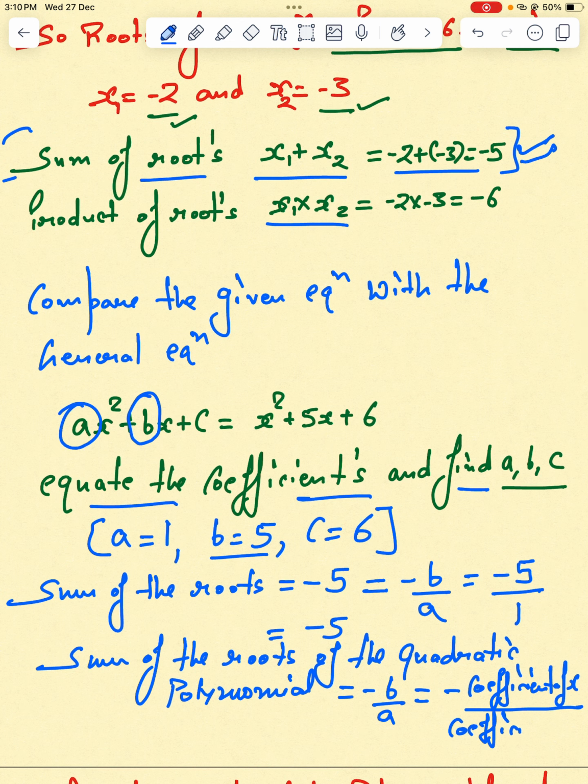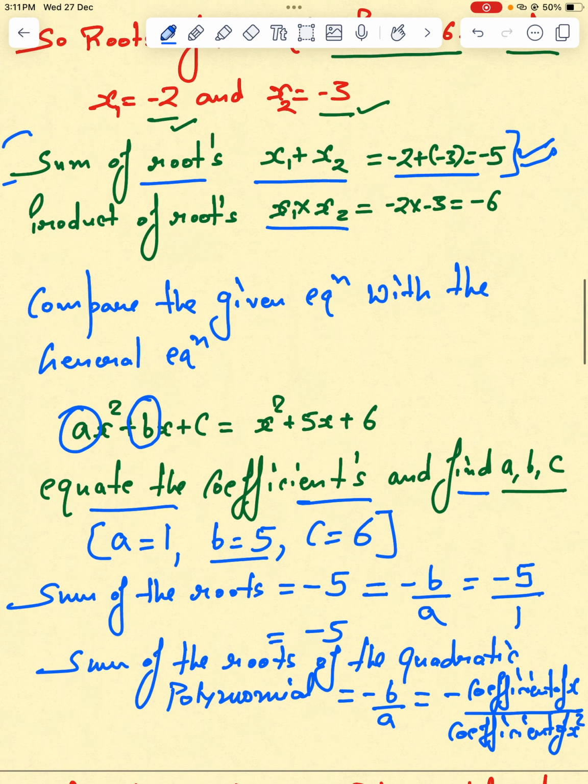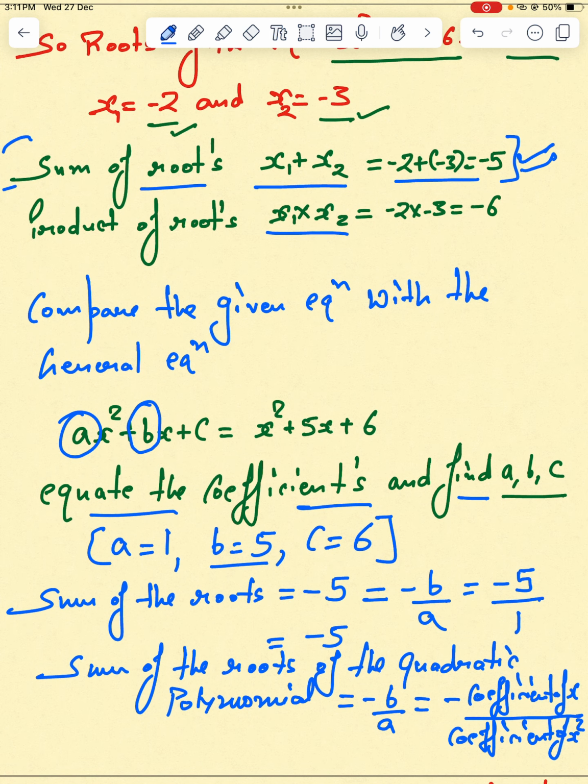Right? Please remember this. You can directly find out from this relation. Sum of the roots of the quadratic polynomial is equal to minus b upon a, or it is minus coefficient of x divided by coefficient of x square. Right. Similarly,